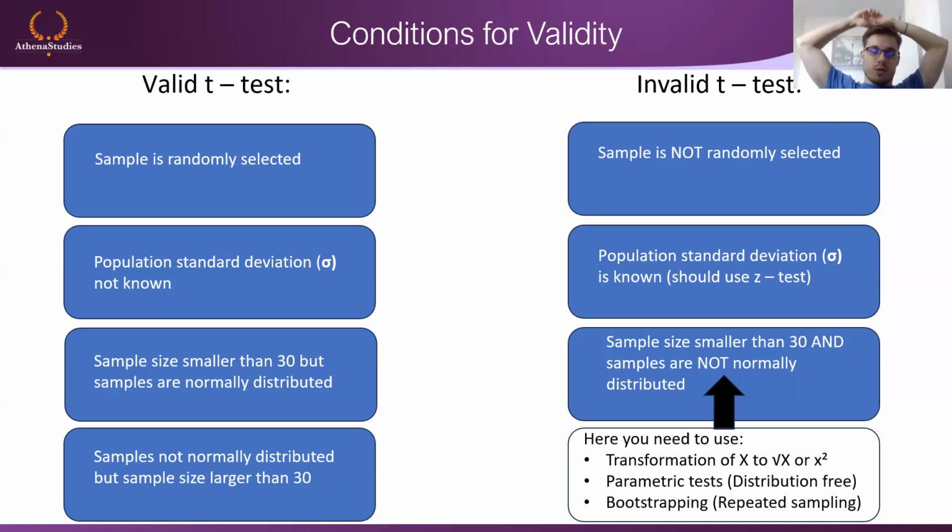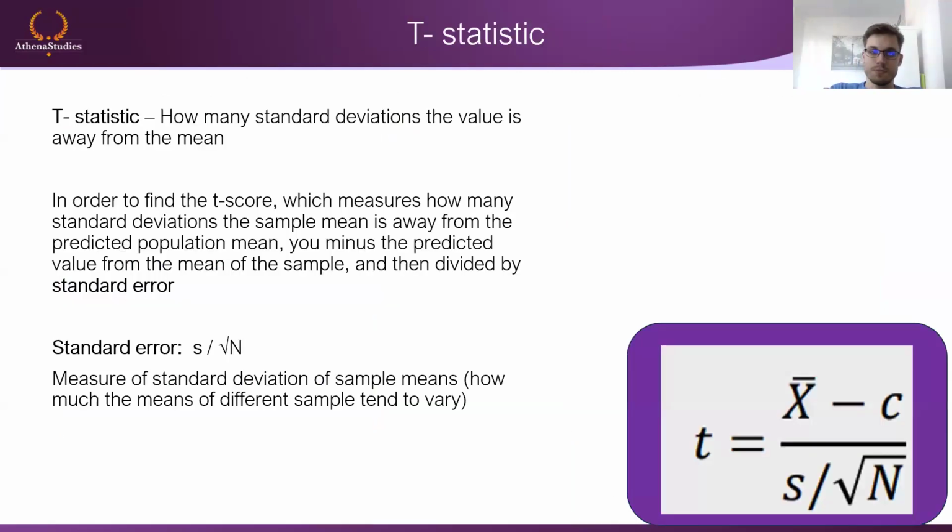Now, all of these are pretty irrelevant for you guys because you don't have to use them. Most of the time you're just going to end up in these four scenarios, right? So this is advanced stuff: how do we turn an invalid test into a valid test? For now, we simply need to know the theory, what constitutes a valid test and what is an invalid test, but the conversion of one to the other, not really.